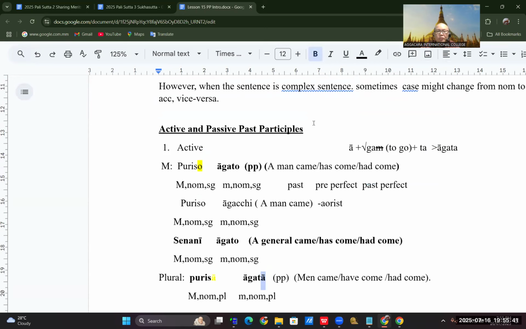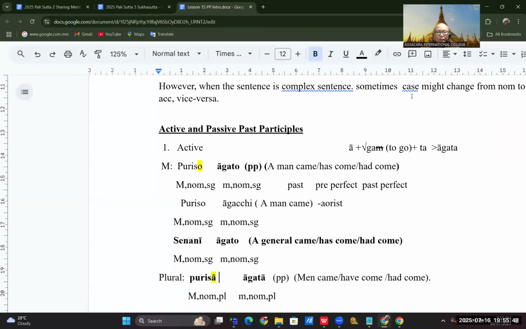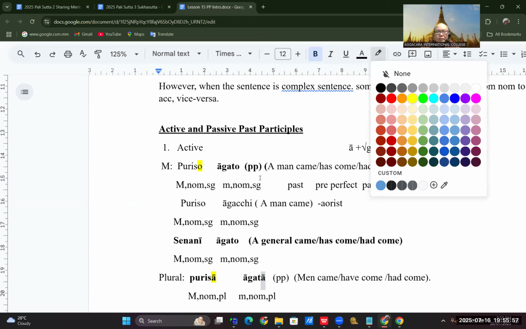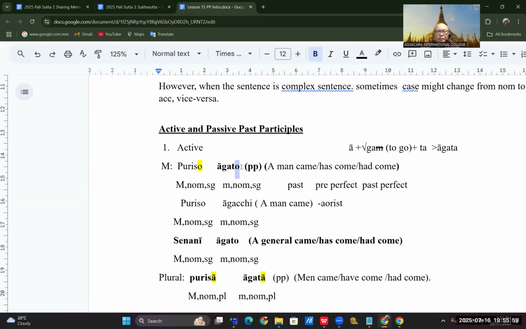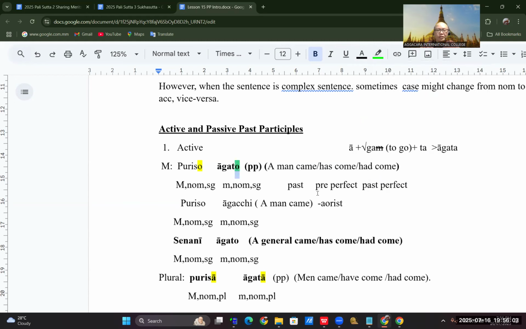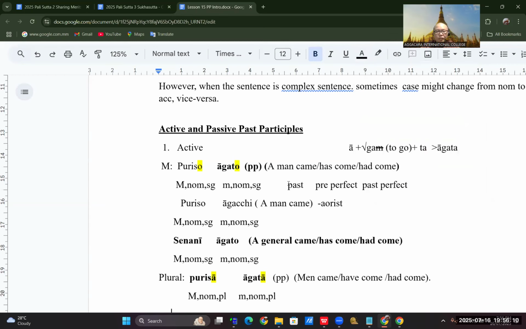No, sorry, not this color. Should be this color. Okay, this is just to highlight how we're going to make the changes. Okay, can you follow? Puriso Agato, Purisa